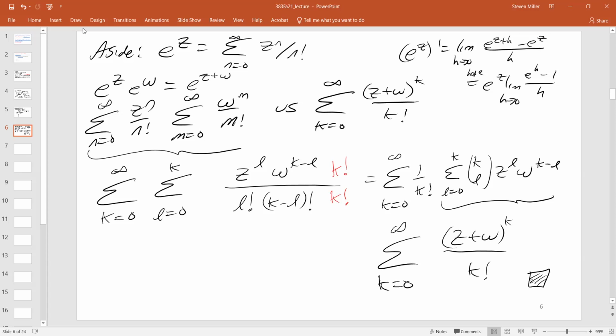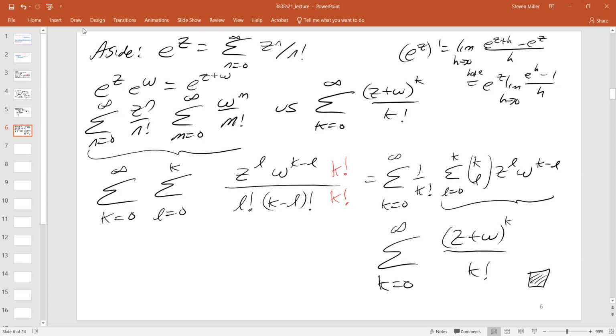So this actually proves, as long as you can justify the regrouping of terms, which we know from before is non-trivial. But as long as you put in absolute values, if everything converges, then you can use the Fubini theorem, and everything is going to converge fine here. So this can be justified, but you need to do that if you want to use e to the z. Now that we have that, then we need to justify differentiating term by term.